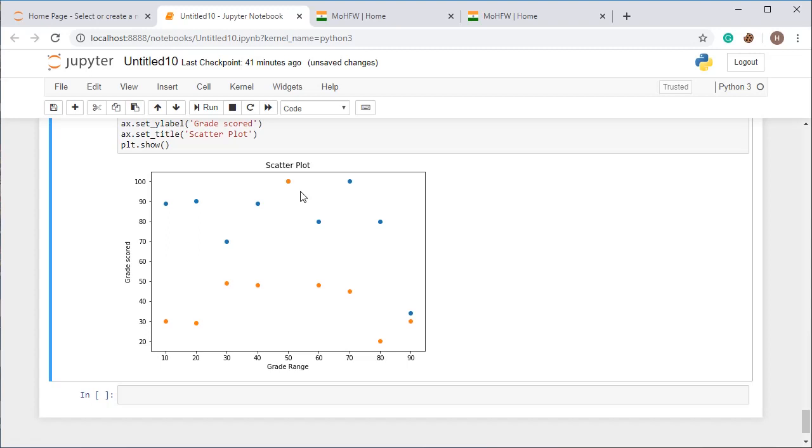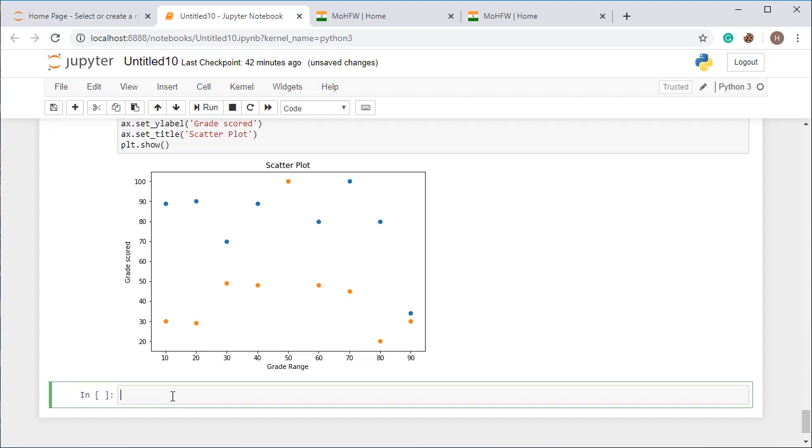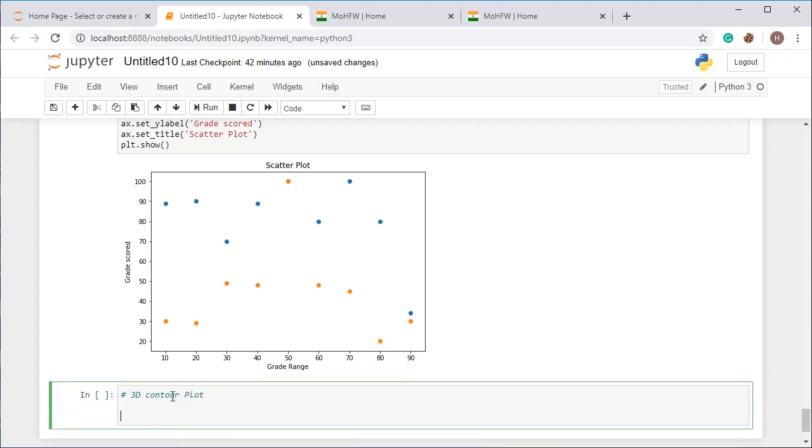And I want to show you a different graph, which looks quite great. So I'm plotting a graph for mesh grid. I'm just showing you for reference, like showing you the power of this library. All right. So I'm going to show you a 3D graph. All right. And this one is called a 3D contour plot. Just see the beauty of this graph.